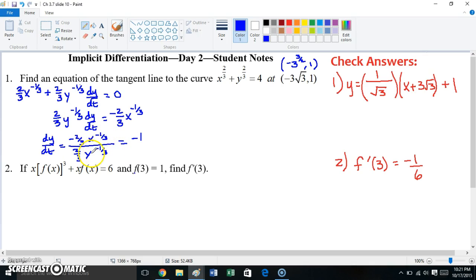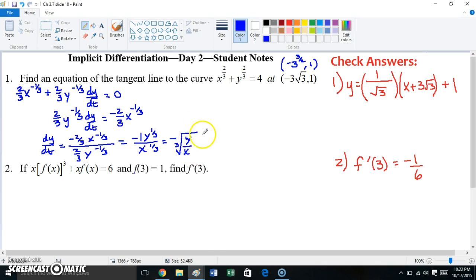The x to the -1/3 and y to the -1/3 can switch locations due to the negative exponents. All right, so we really have negative cube root of y over x as our first derivative or derivative of